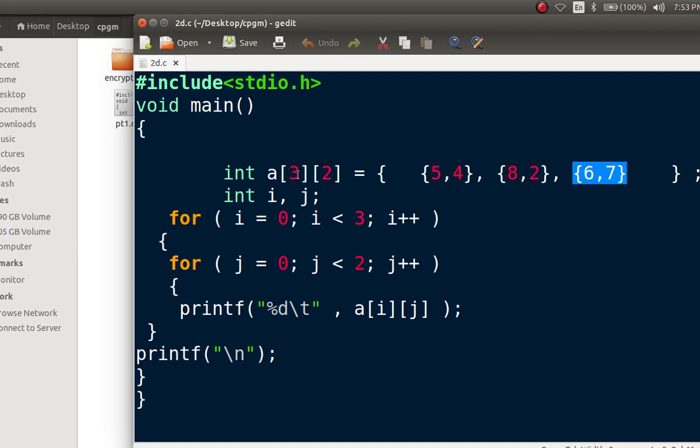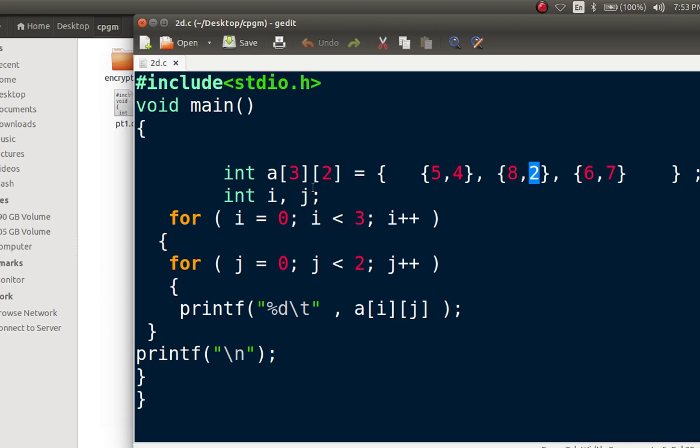So we required 3 rows, and here 3 rows we have initialized. We required 2 columns: first column, second column, first column, second column. Okay, we have initialized. 2 variables we required, i and j. i represents the row, j represents the column.